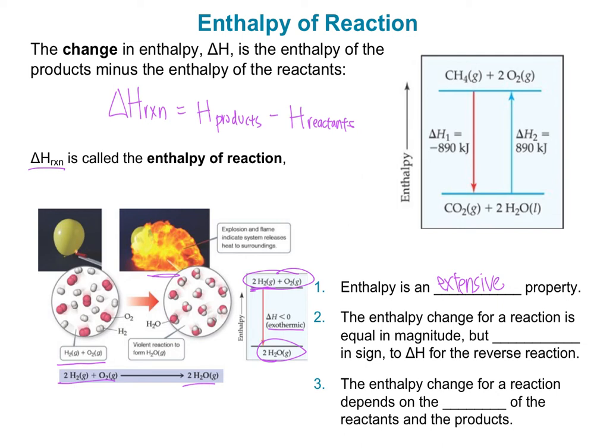Enthalpy is an extensive property, which means that it depends on how much you have. Intensive property is something like color or density, stuff like that, where it doesn't really matter how much you have of a substance, those properties are going to be the same. So density, it doesn't matter if I have 1 milliliter of water or 1,000 liters of water, the density is always 1 at 25 degrees Celsius. Or the color of a shirt, if I have a piece of cloth, I have a big roll of it or a small roll of it, the color is the color, right? Extensive means it matters how much you have. So if I have a little milliliter of fuel, and if I have a big gallon of fuel, the big gallon of fuel is going to give me a lot of energy or enthalpy. Okay, so it matters how much of the substance I have.